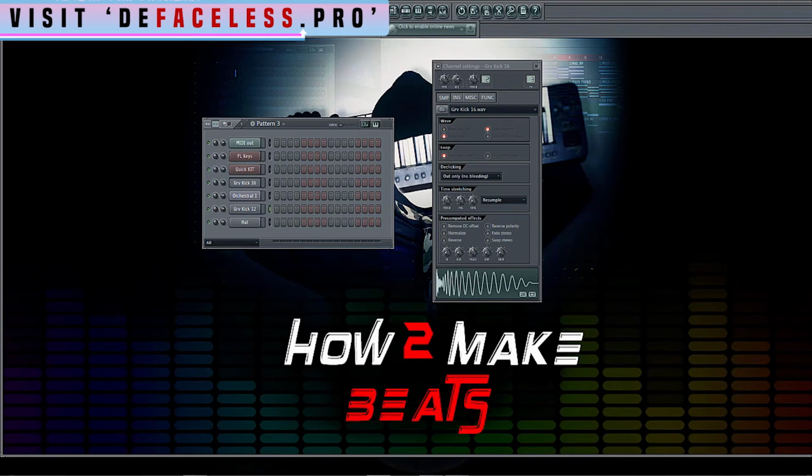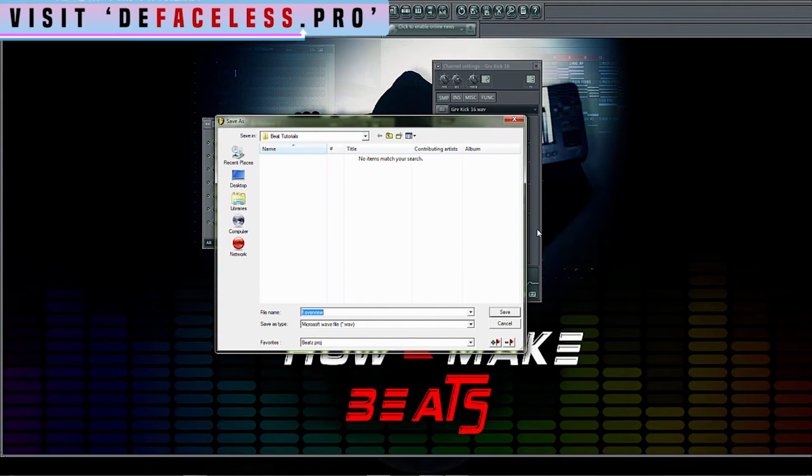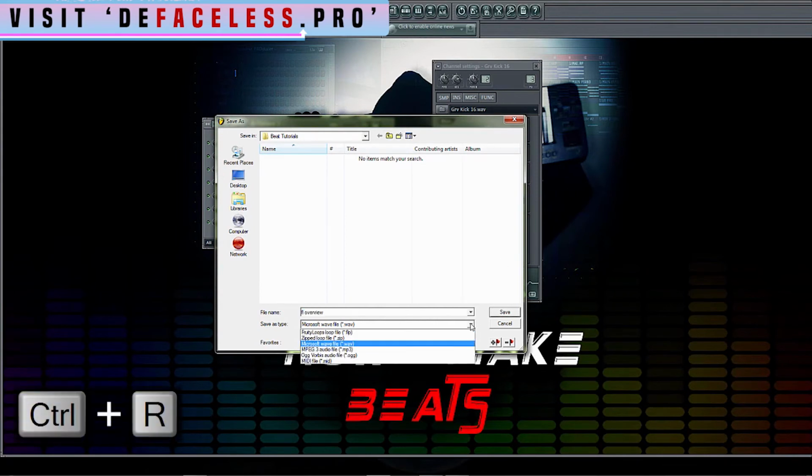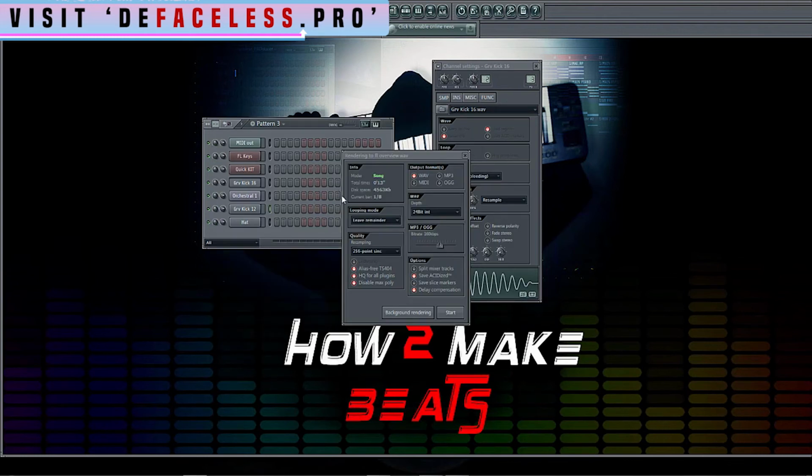To export, you can go to File, Export, select Wave, or there's also a shortcut of pushing Control and R and then changing your format with that little drop down menu there. And then you just select where you want to output your file. Once you hit save, it's going to bring up a dialog box. All you might need to change from the defaults